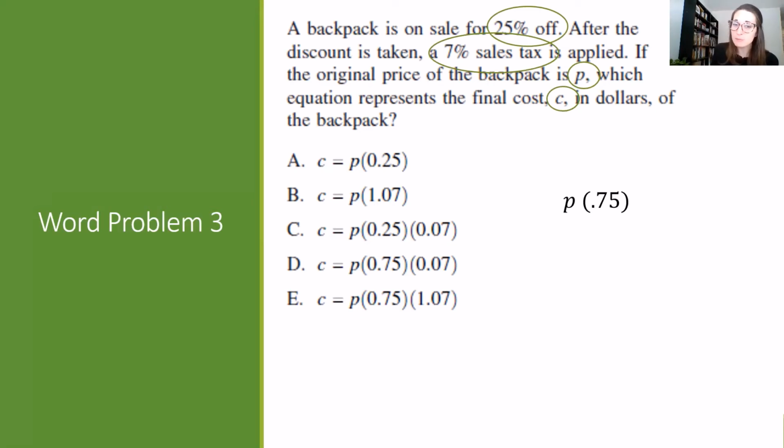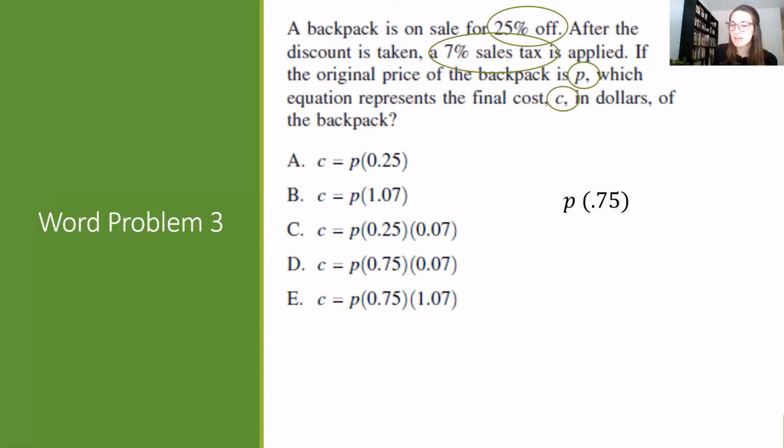So when I look at my options, 0.07, yes, that represents 7%, but that means that I'm only going to pay 7% of the amount. Now, we all know that's not true, right? You're still going to have to pay the full amount of what we have, P times 0.75, and the 7%